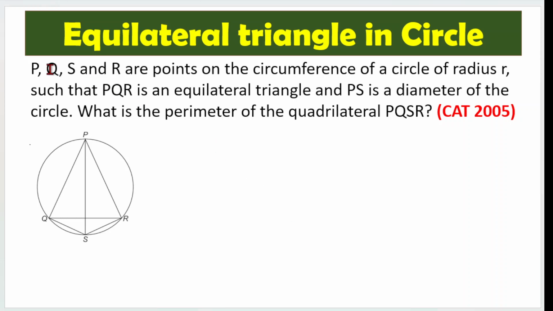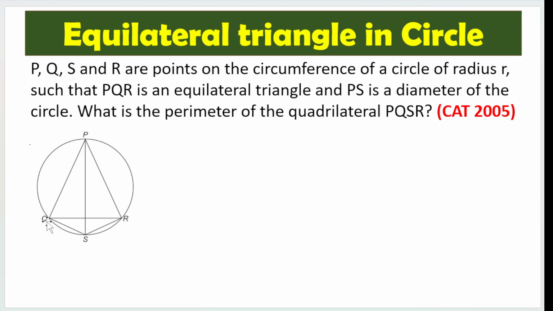Hi friends, here we are given P, Q, S and R. They are on the circumference of a circle with radius R. There is a circle of radius R and these 4 points are on the circle such that